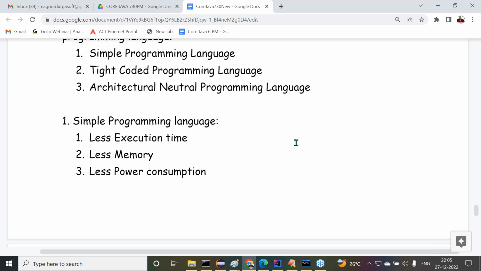What is the meaning of this less execution time here? Say, for example, observe carefully guys, a simple example. On a fine day, I'm watching one football match on my TV. The channel is some ESPN channel, where the channel number on my remote controller is 52. I'm watching that, for example.